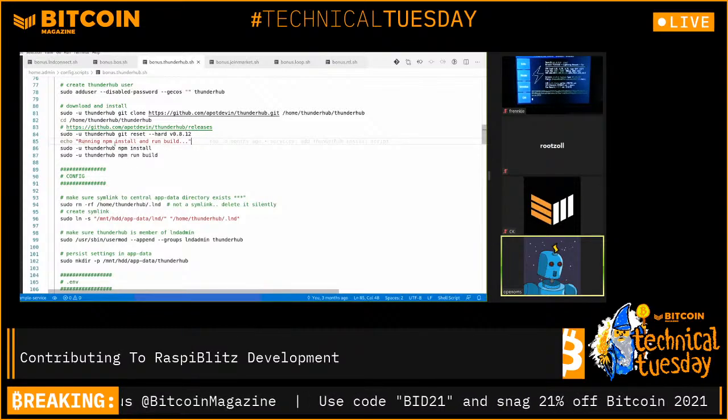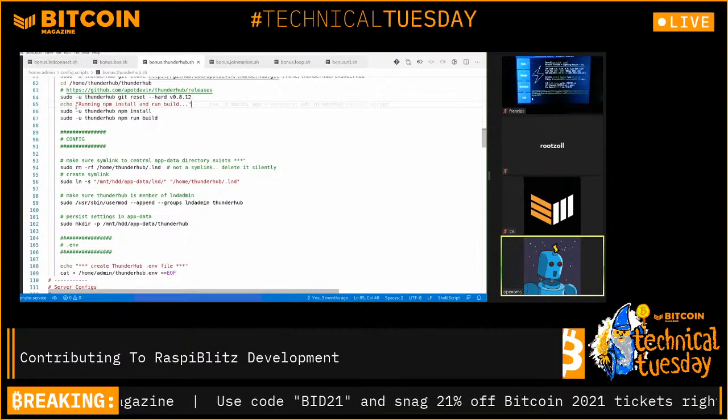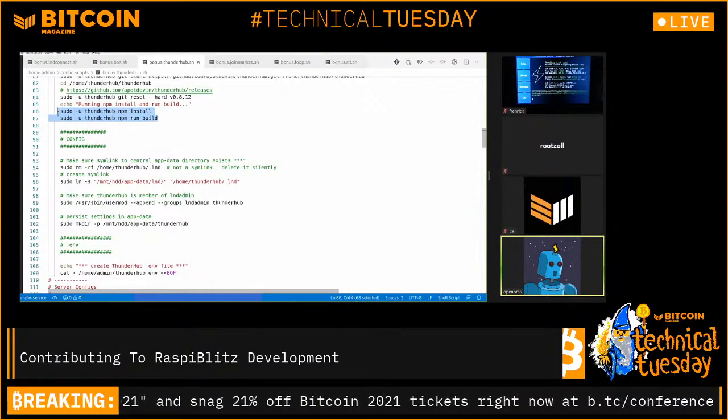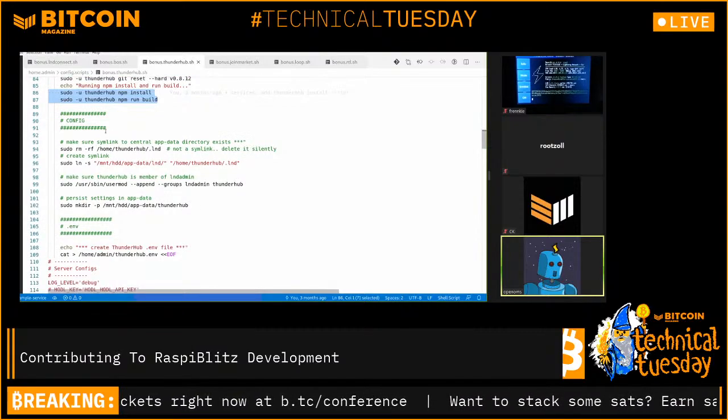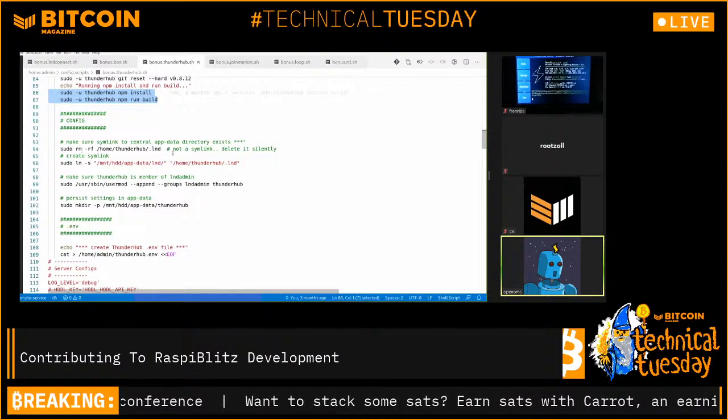There's a little display for what's going on with the echo. So it's running the npm install. This takes some time usually. This is when the application is built from source. And then we are coming to make the default configuration quickly. So we just make sure that it's all clean, and then